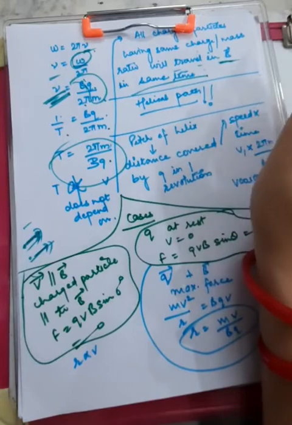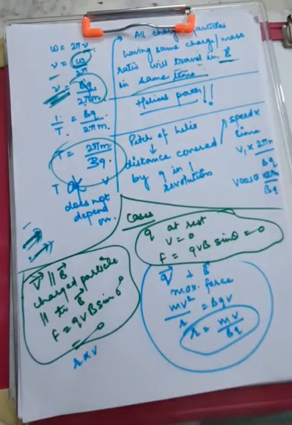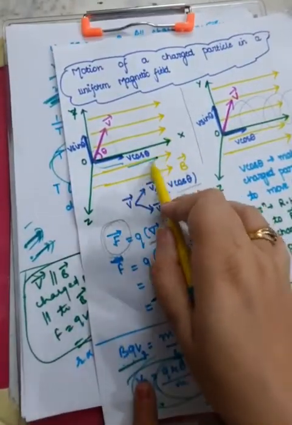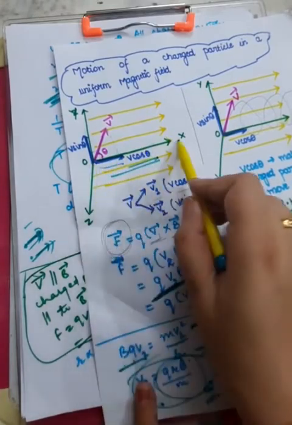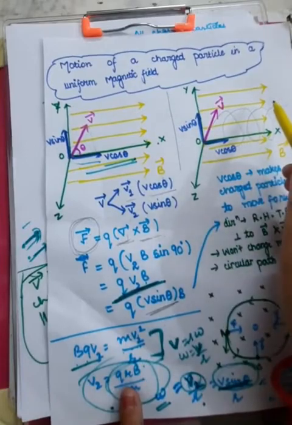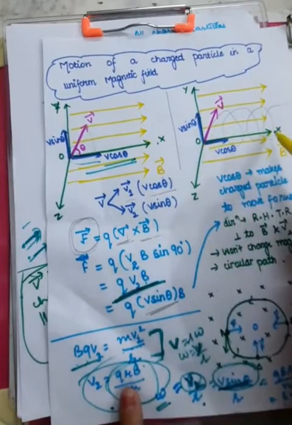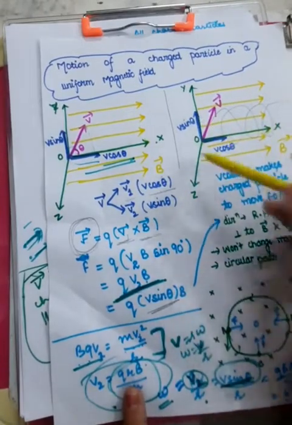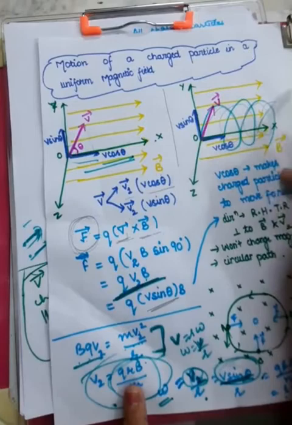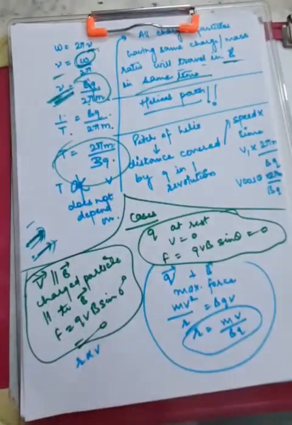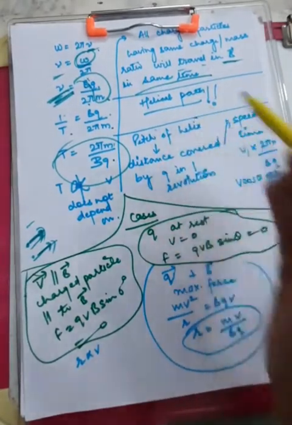So it depends only on the charge by mass ratio. Next you need to know one more thing, that you have another component also, which is V cos theta. This V cos theta is moving the particle in the forward direction, and this V sin theta is moving the particle circularly. So the particle is going forward and also moving circularly. Overall it becomes a helical path like this, circular and going straight also. So this is a helical path.